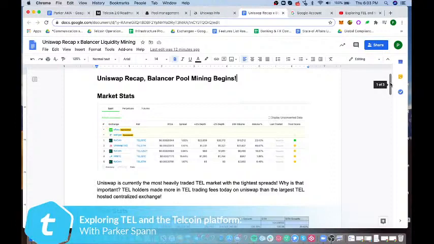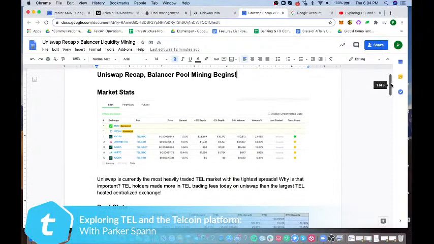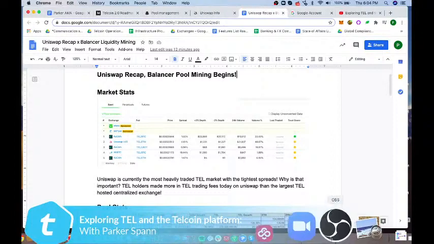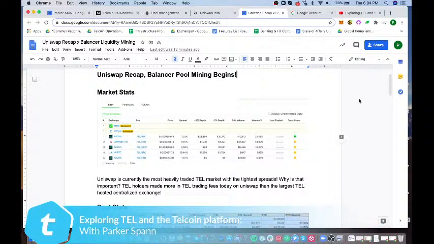We're going to incorporate this Uniswap pool into our application, and we have a ton of literature out there on this. But essentially, what we're doing right now is incentivizing people to create markets for Telcoin and make them more liquid, so that our end user product, which the first one is remittances, costs less for the end user. What's really exciting about where we are with Uniswap right now is that today, as an example, it was the most heavily traded market with the tightest spreads in the world for Telcoin.